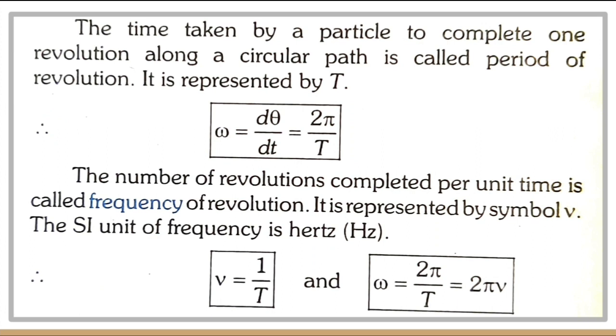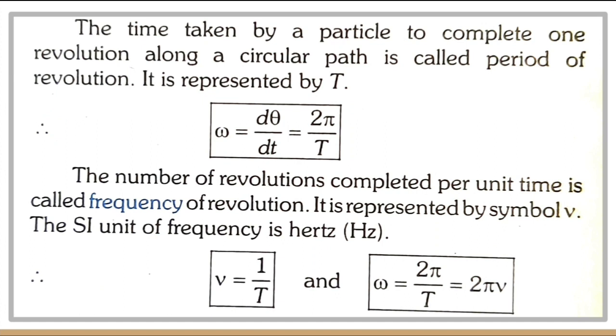Hope you know it. In lower classes you might have studied that in one complete circle the angular displacement, or the angle swept by the radius vector, is 360 degree. 360 degree in radian is 2 pi. So, angular displacement for one complete circle is 2 pi radian and the time taken for one complete circle is T. So, the angular velocity, that is angular displacement by time, becomes 2 pi by T.